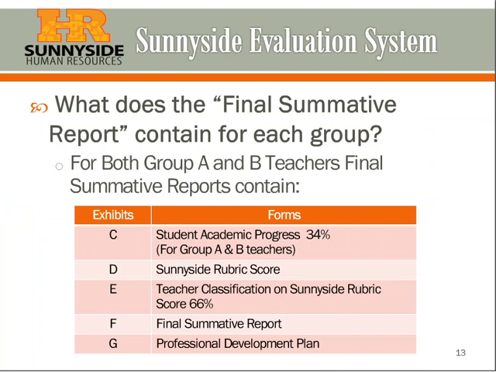The final evaluation report consists of the following exhibit forms. Exhibit C, which is student academic progress, which equates to that 34%. Exhibit D is the total score from the Sunnyside rubric on the teacher performance. Exhibit E is the teacher performance form that designates the final rating the teacher receives for the 66% on the